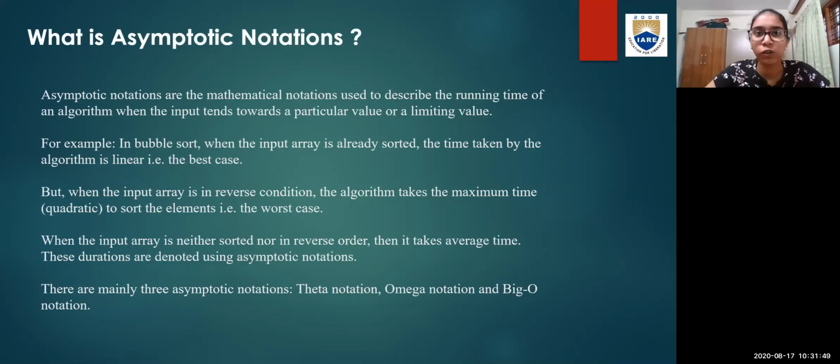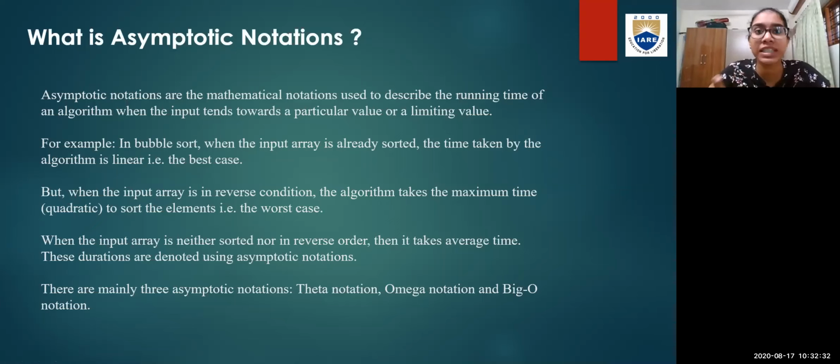So, before I dive into the topic, what do you mean by asymptotic notations? We have to know that asymptotic notations are basically used to analyze the complexities of an algorithm in order to know the asymptotic analysis of it. Asymptotic notations are the mathematical notations which are used to describe the running time of an algorithm. It'll give you different cases like best case, average case, worst case scenarios, which we'll see later on in this video. So basically they are used to describe the running time of an algorithm when the input tends towards a particular value or a limiting value.